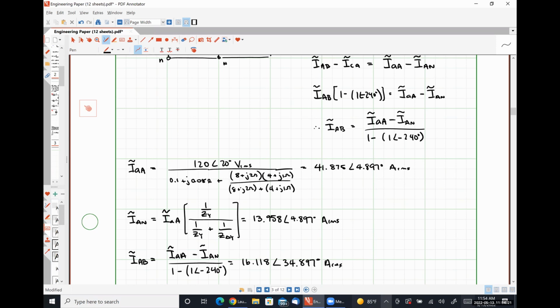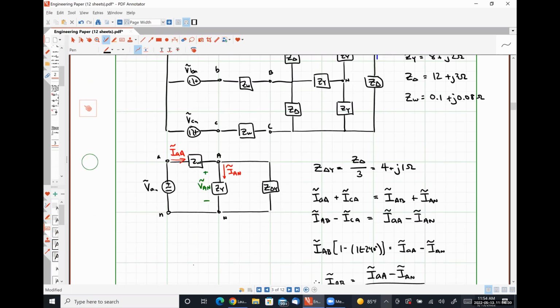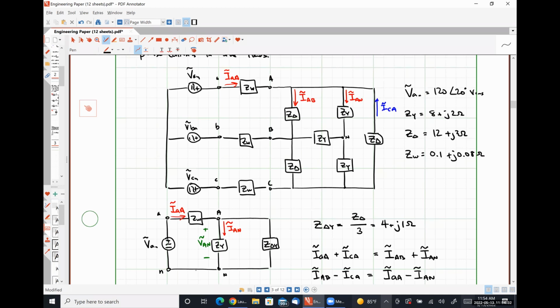There is example problem number 3. This configuration is literally pretty much the hardest thing I could do. The only thing I could potentially do to make this configuration slightly more difficult would be to give you a delta connected source. The reason why I say that this is as hard as it could possibly be is